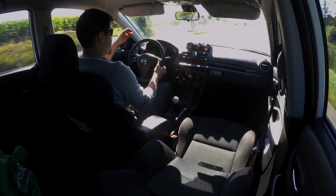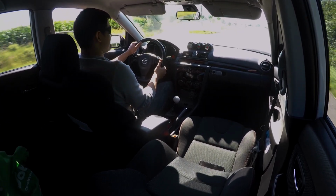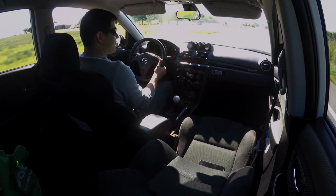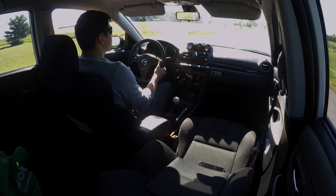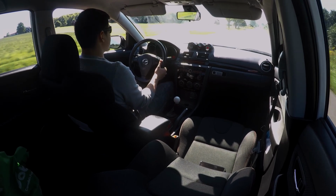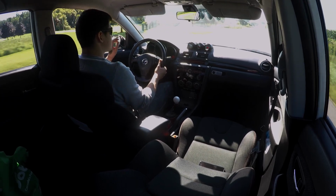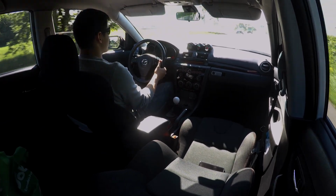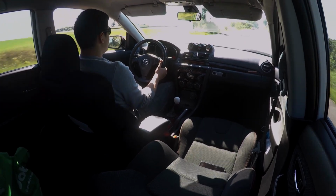Okay, so I didn't redline that all the way there. I think I might have stopped at like 6,000, but it started getting a little bit rich up top again. We dipped down to like 10.8. It wasn't as rich as before when we were running down to like 10.29, so I didn't feel any breaking up or anything of that sort. I'm just gonna pull just a touch more fuel up top, and then as long as the air to fuel ratio curve is nice and smooth along the entire RPM range, we're pretty much ready